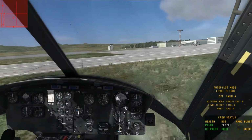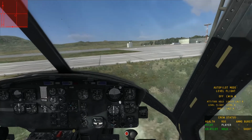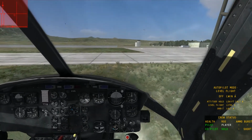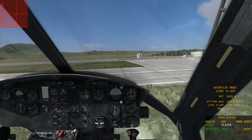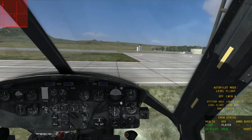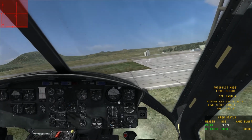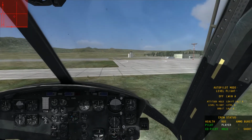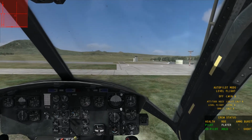Okay, not exactly. I don't know. That might have looked a lot better externally than it felt in the cockpit. Okay, let me get a little bit more altitude, so I know I'm going to lose some in rearward flight. Okay, 3 feet, 4 feet, good enough. Okay, now this was back. It's actually not too bad at all. I just gotta watch out for that nose down that I'm expecting,